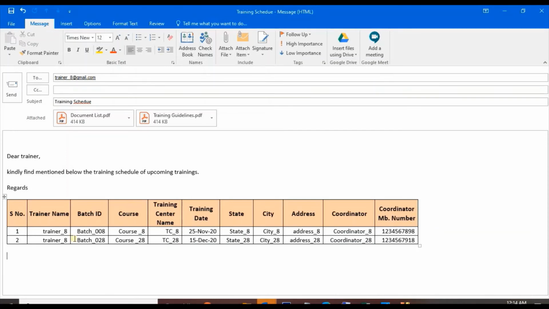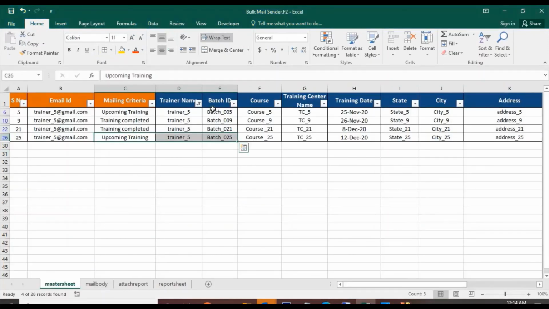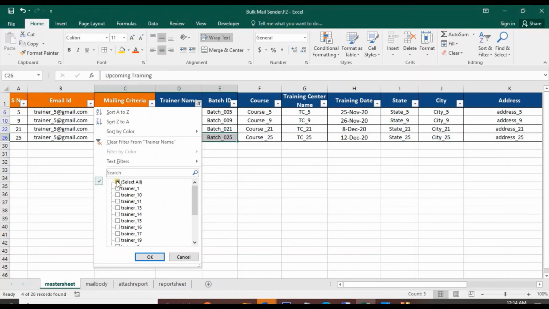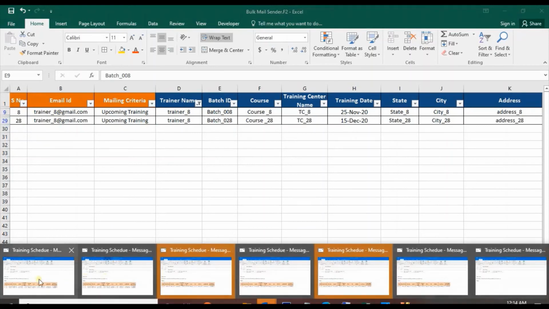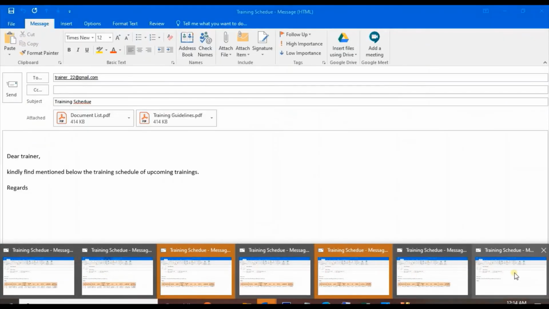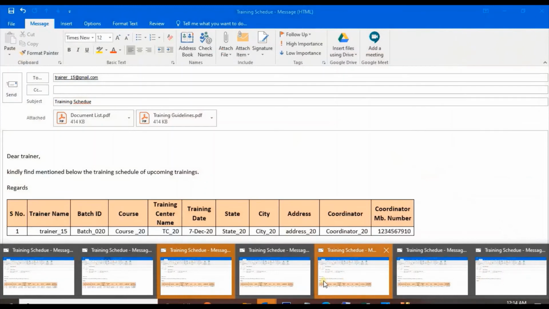Trainer 8, batch 8 and 28. Both are upcoming trainings, batch 8 and batch 28. So we have all the mails ready here with the required data.